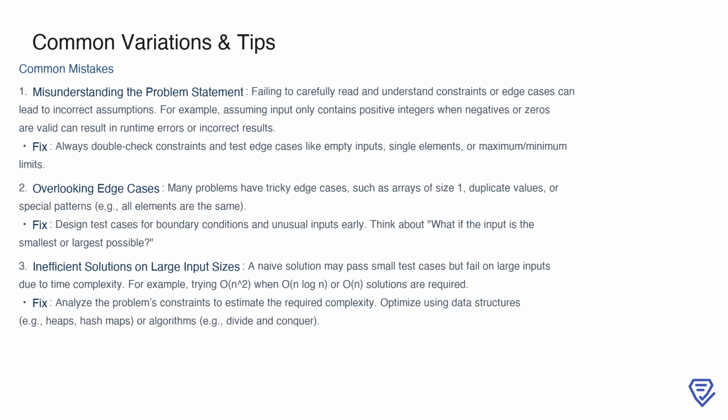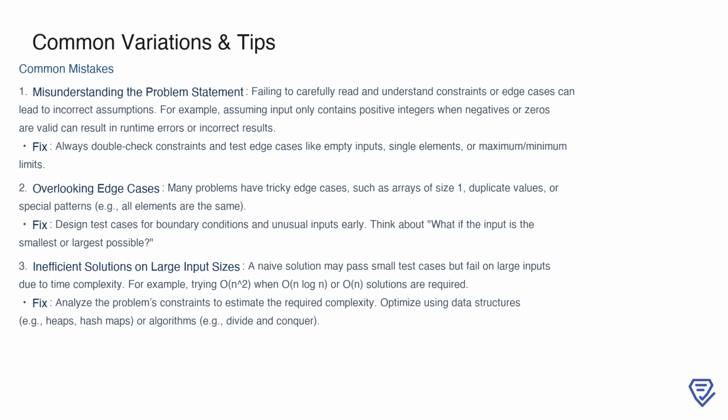When tackling LeetCode problems, there are a few common pitfalls to watch out for. First is misunderstanding the problem statement. This often happens when we skim through the constraints or miss key details about edge cases. For instance, if the input allows negative numbers or zeros, but we assume only positive integers, it could lead to runtime errors or incorrect results. To avoid this, always revisit the constraints and ensure your solution accounts for scenarios like empty inputs, single elements, and